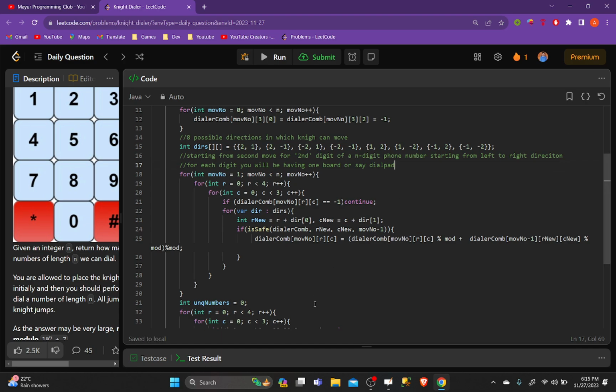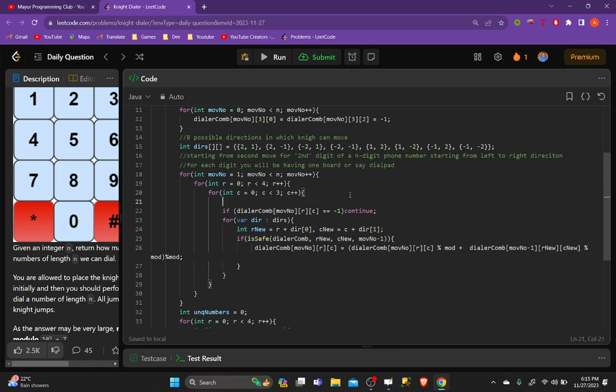And then if, let's say, you are currently at the red cells, then you will continue. You will not be doing any calculations for them. For red cells